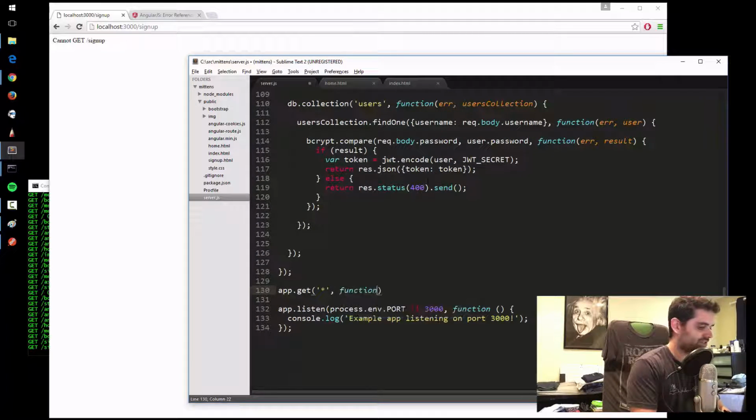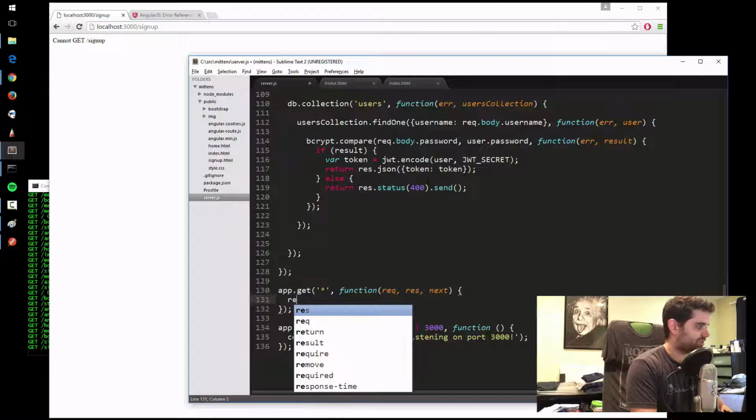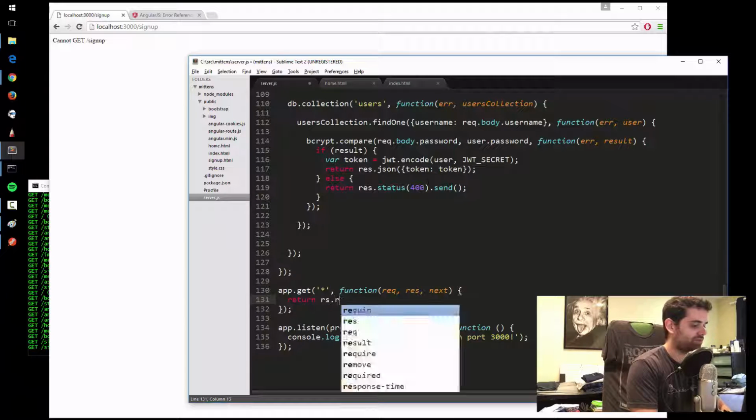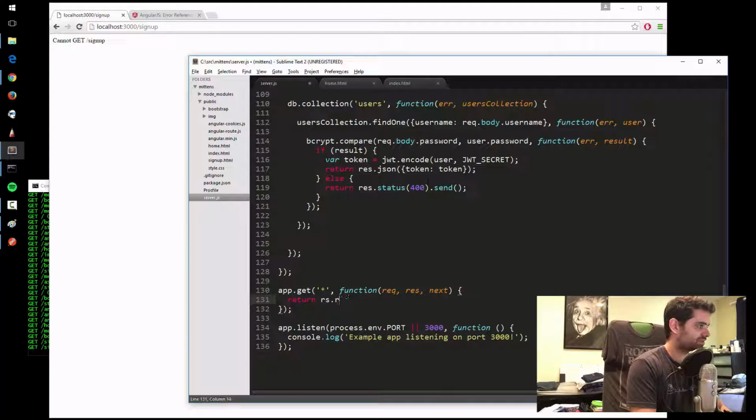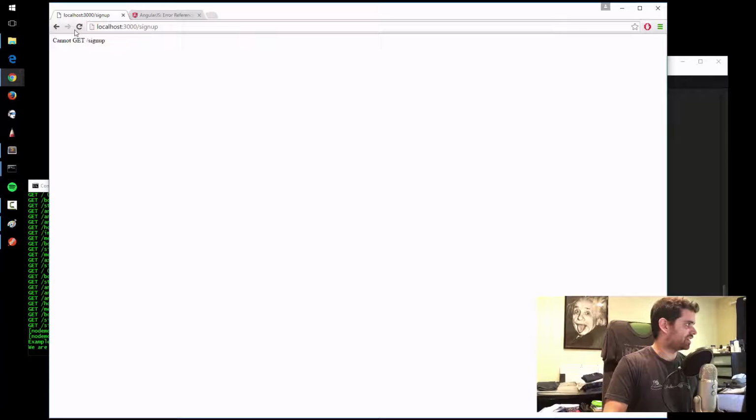So we have a function req, just like before, req, res, next, and then what you're going to do is return res.redirect, and then /#/, and then add that onto req.originalUrl. You'll see how all this works in a second, but because we added this, if I refresh this now,